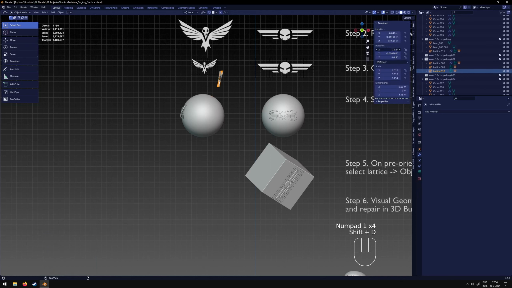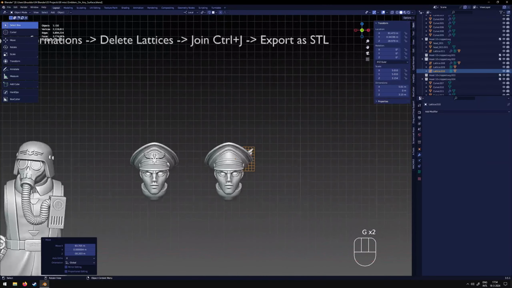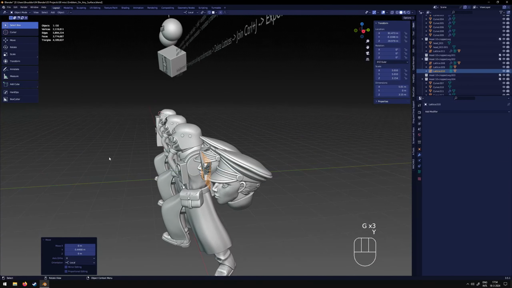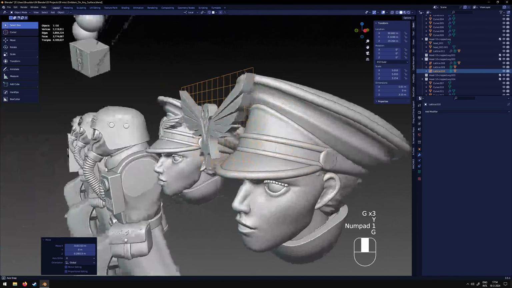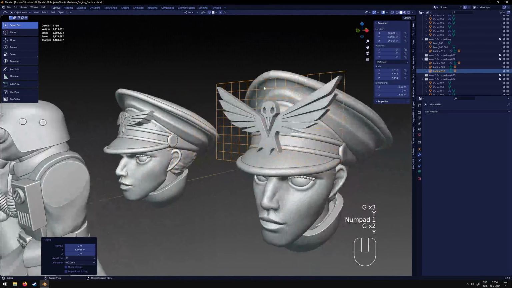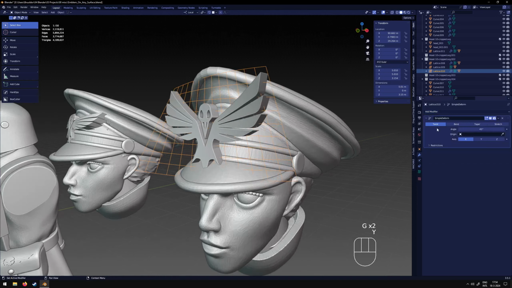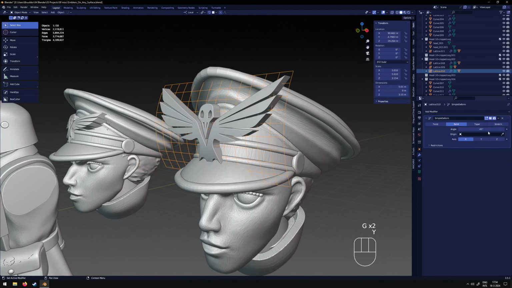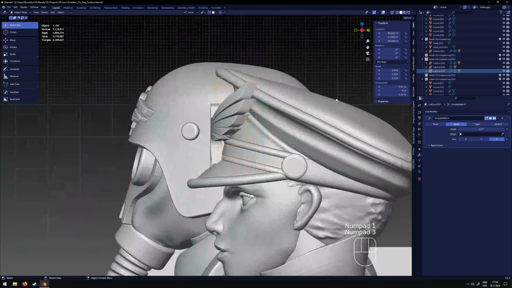Reset the rotation. So what I would do is bring this to our head, where we want to deform it in our custom way. Align it. And then instead of shrink wrapping it, we can actually just deform the lattice instead by clicking the simple deform lattice, going to bend, and then picking one of these axes. So as you can see, we can actually deform this in the way that we want